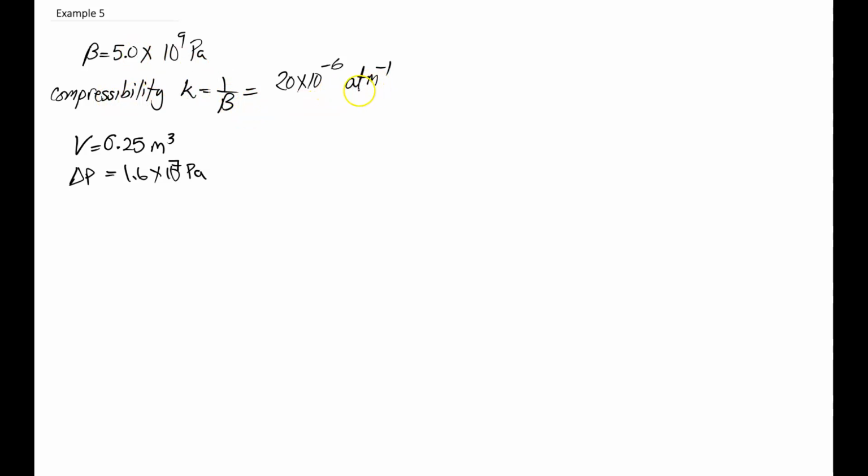But notice that we're given different units of pressure here, and that's going to come into the solution a little bit later. But keep in mind that Pascals and ATMs are different. We have 1 ATM is about 1.01 times 10 to the 5th Pascal, ATM for atmospheric pressure. So depending on which units we're more comfortable using and which units we want to work with, there is a